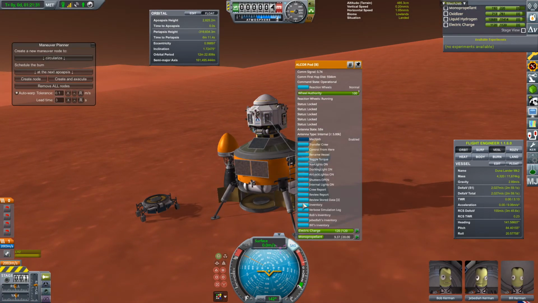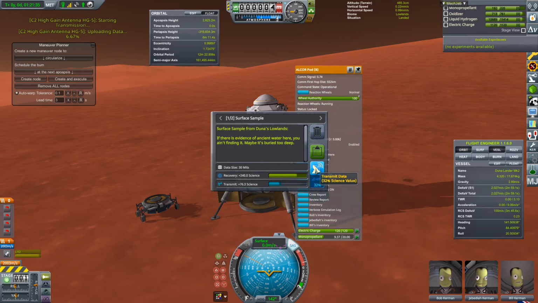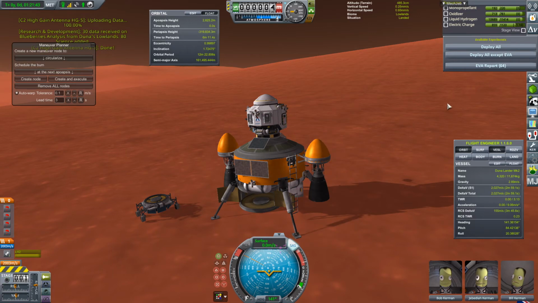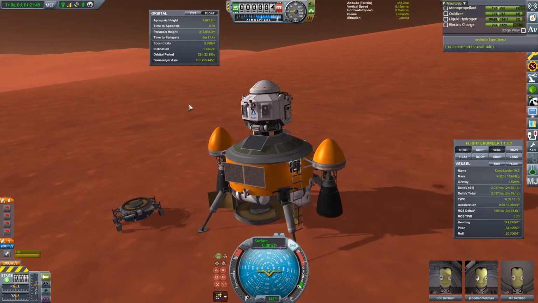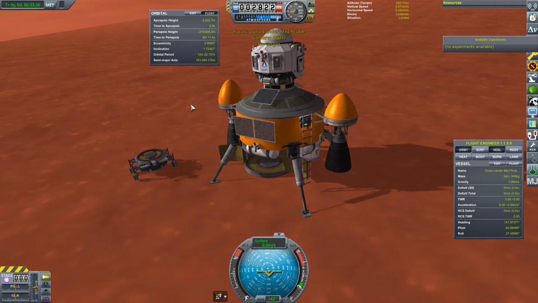So let's tell you to transmit the blueberry analysis. Okay, keep the surface sample and transmit the EVA report. Okay. Excellent. Excellent. All right. Let's go ahead and